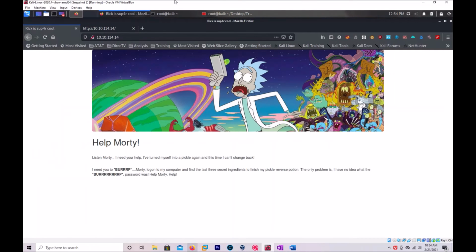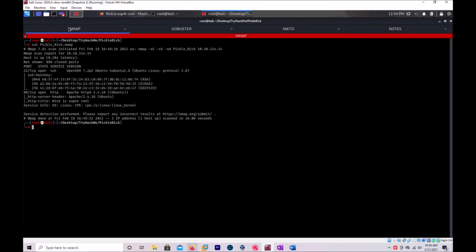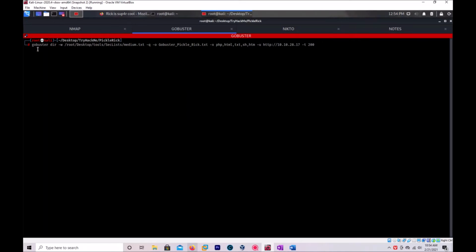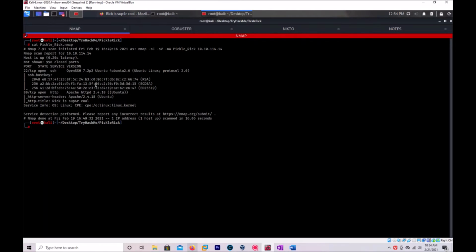Okay, we are on the main page, and we've already ran our nmap scan. So now that we have a page on port 80, next stop is to see if we can do some directory busting with GoBuster. So with GoBuster, we got a command right here, gobuster. The module we're using is dir, and specifying our word list. Word list, we're going to be using the medium. The -q for STFU if we get any errors, specifying our output -x, meaning the extensions that we want this program to dig for. Since this is Apache running on Linux,